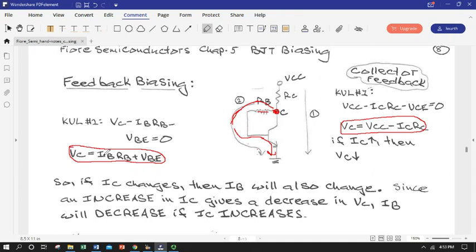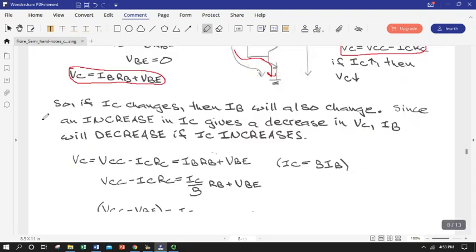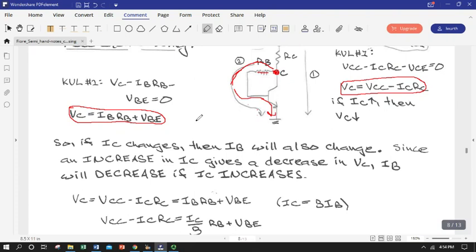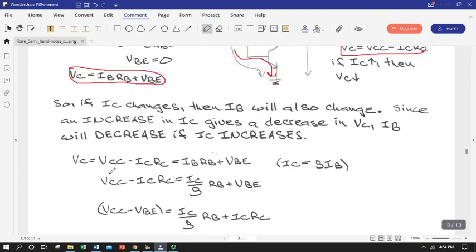So if my collector current goes up because of something in the circuit, something is hot, whatever, I now have a base resistor that is positioned such that it is going to signal for a lower collector current. So that gives me an additional means of stabilizing the circuit. So I can continue with my cool equations that I already have written and just go ahead and write that